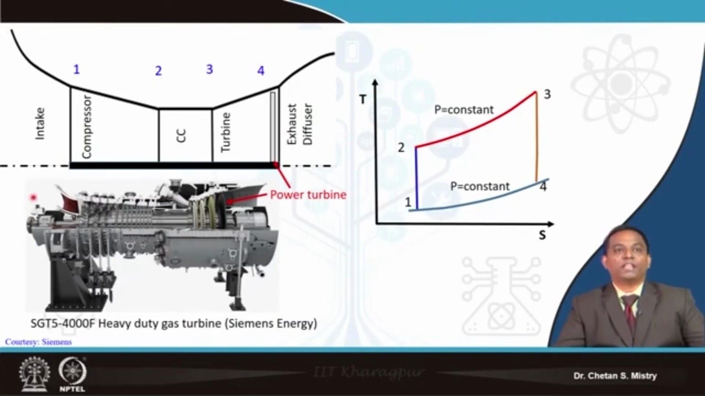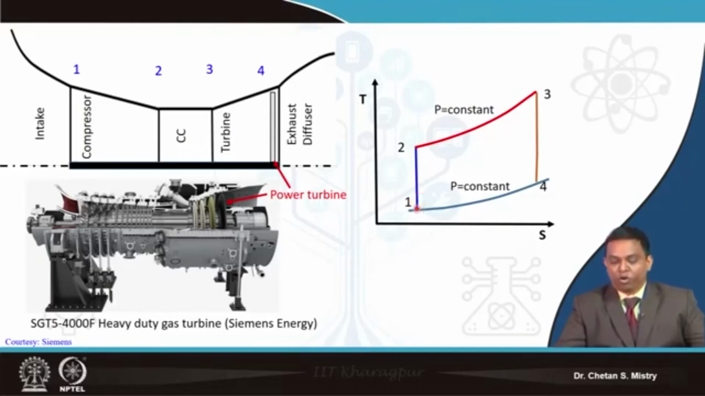Here also you can see we have the entry of flow from one end, followed by an axial flow compressor, a combustion chamber, and on the rear side turbines, followed by one more turbine, which we define as a power turbine. The thermodynamic cycle is similar to what we discussed for the aero